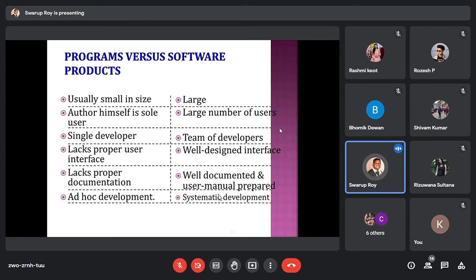Solvexcel is a product. Bonvita is a product. Or a television is a product. There must be some user manual on how to use it, how to prepare it, how to cook it. That kind of thing is also very important for a software product, because software is much more complex than those kinds of products. And the programs you write, you do in a very unprofessional way. I must say this: an unprofessional way.